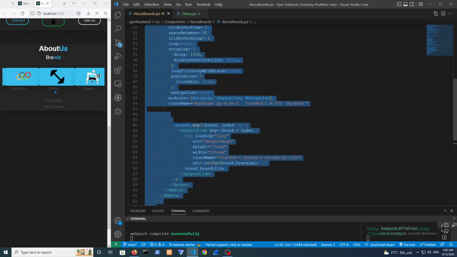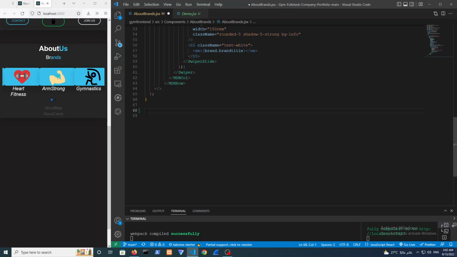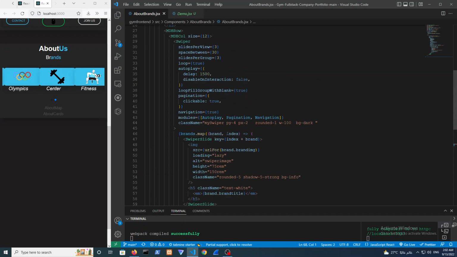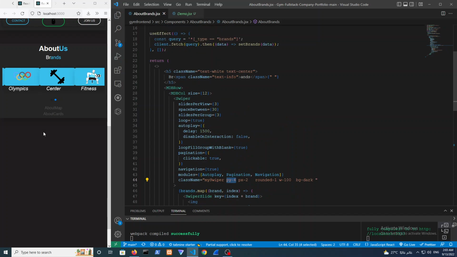So it is the same thing, but let me remove the references. Okay. The only difference is that I just give it some padding Y over here. So if you want to have that as well, just make sure to add in that padding Y. So we're done with the brand carousel. We could right now go into